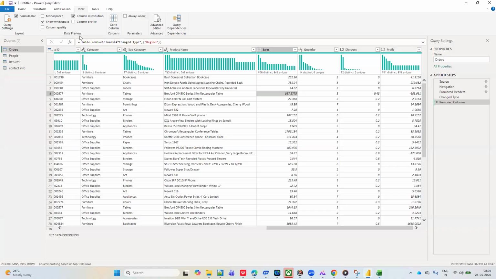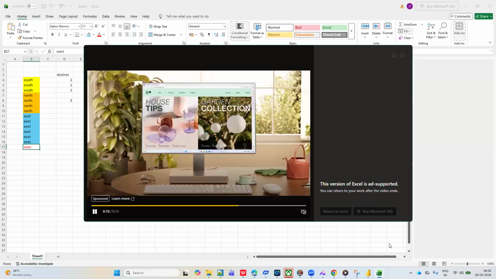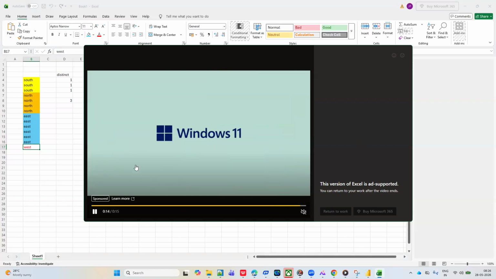So that is the difference between them, to find how many unique records there are. When you click on this column tool, it will display it. Now this is very surprising. It contains 1,000 unique and 1,000 distinct. Now I will ask you a simple question: will the distinct and unique records be the same for any particular data? So for this record,